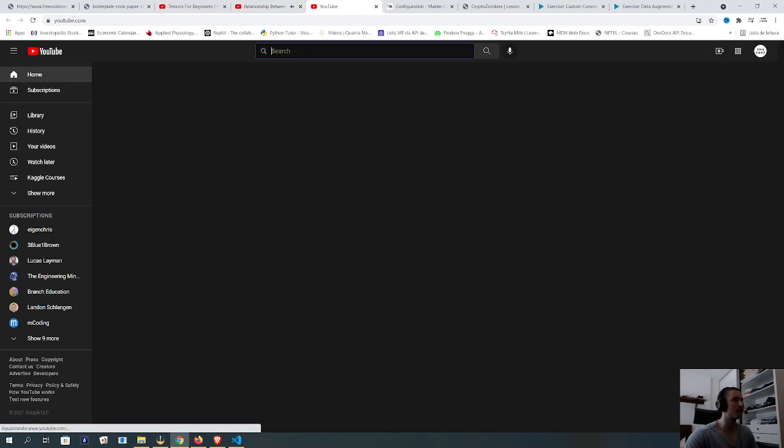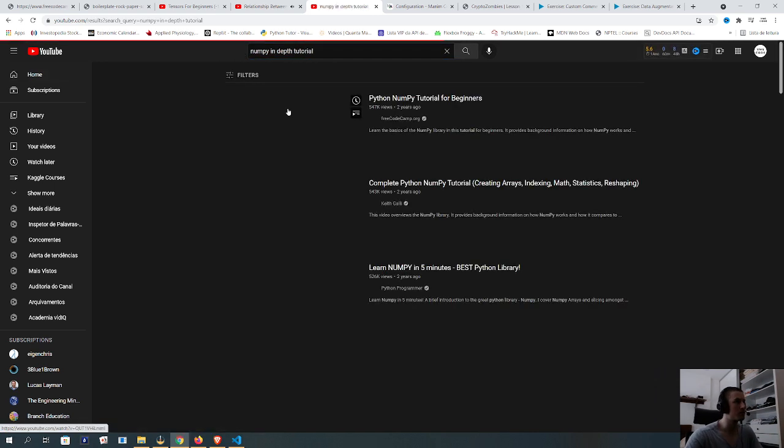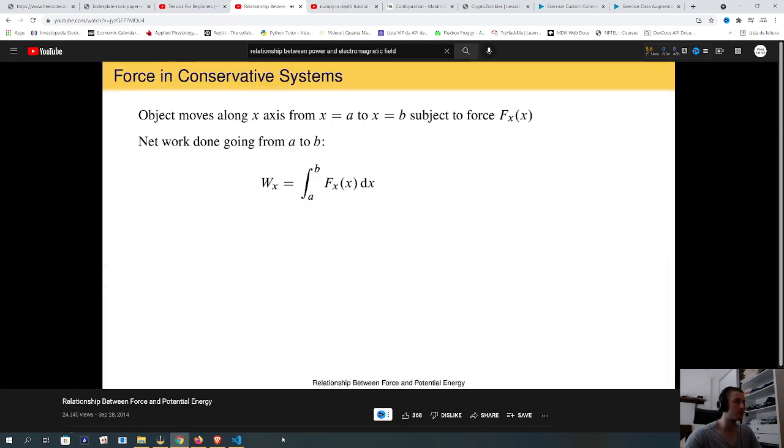It moves along the x-axis from some initial position x equal a to some final position x equal b while subject to a net force along the x-axis called F sub x. Let's further assume the force may vary according to the position of the object. We indicate this by making the force a function of the x-coordinate of the object. The net work due to displacement in the x direction, W sub x, is computed by multiplying the force by the differential displacement dx and integrating the product from the initial position x equal a to the final position x equal b. The net work in the x direction is also equal to the change